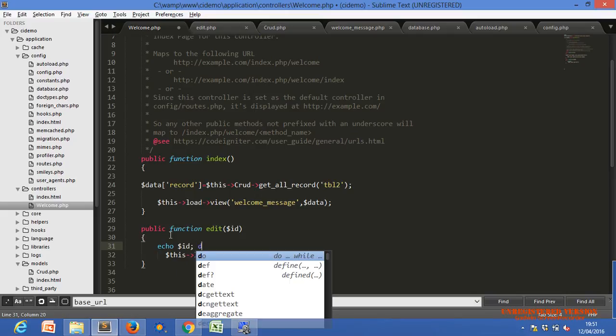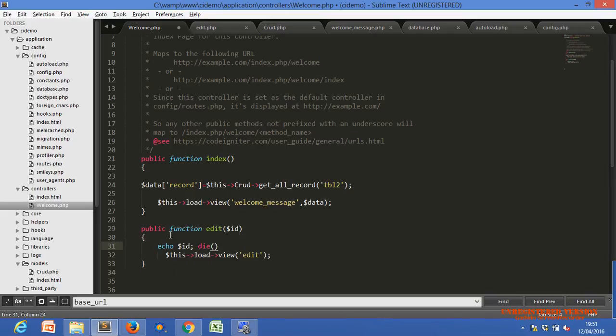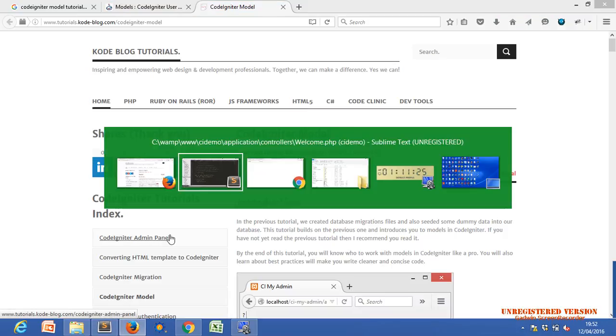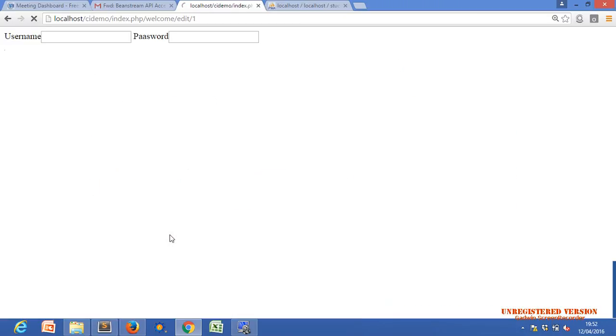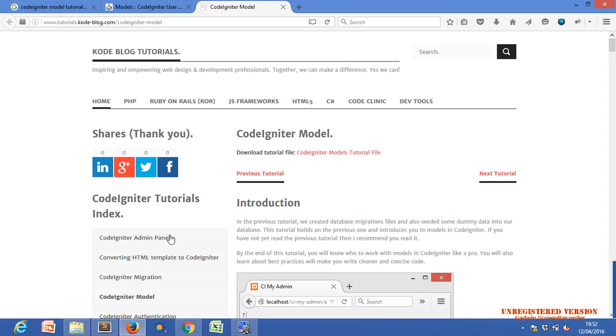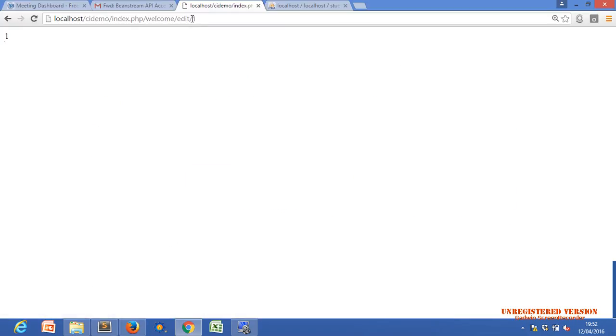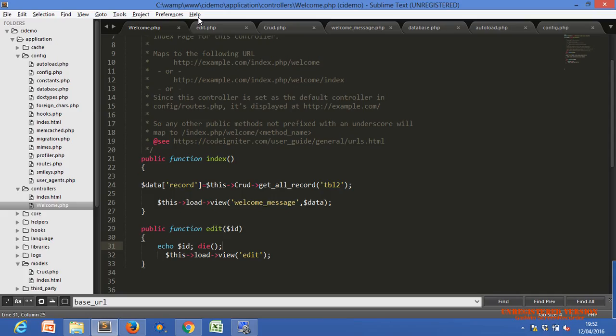I'm just debugging the code. Yes, we are getting that ID. If I just pass a value after the method name, this is the method name and this is the next value after the method name, it is considered as an argument of this function. It means within this dollar ID we get 1.